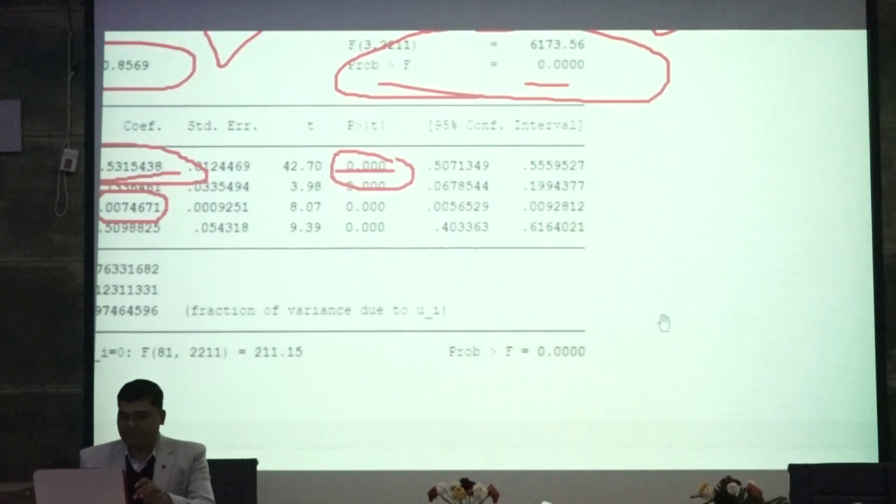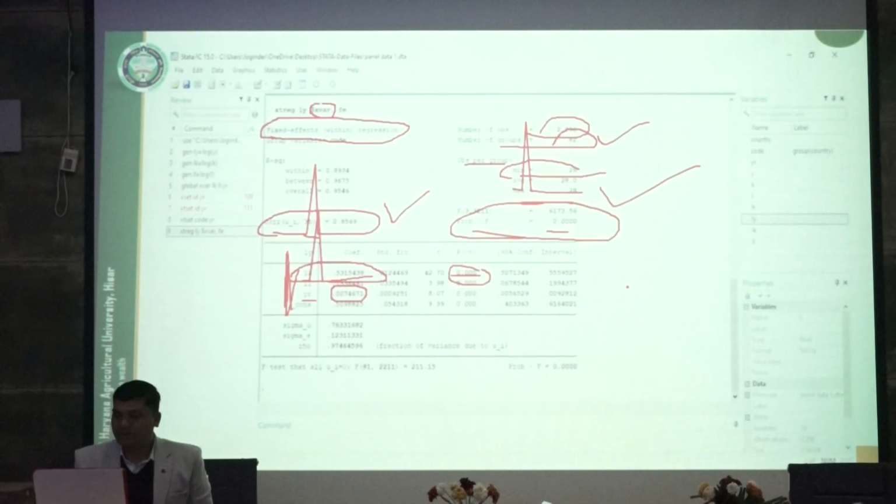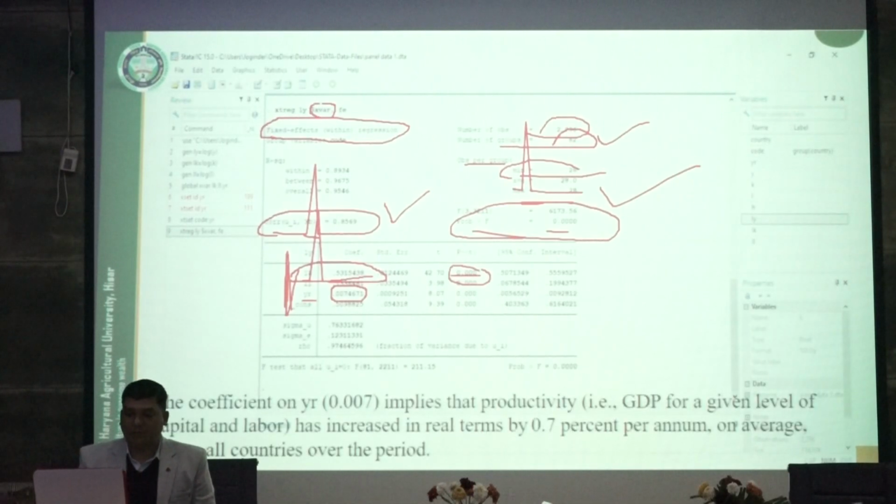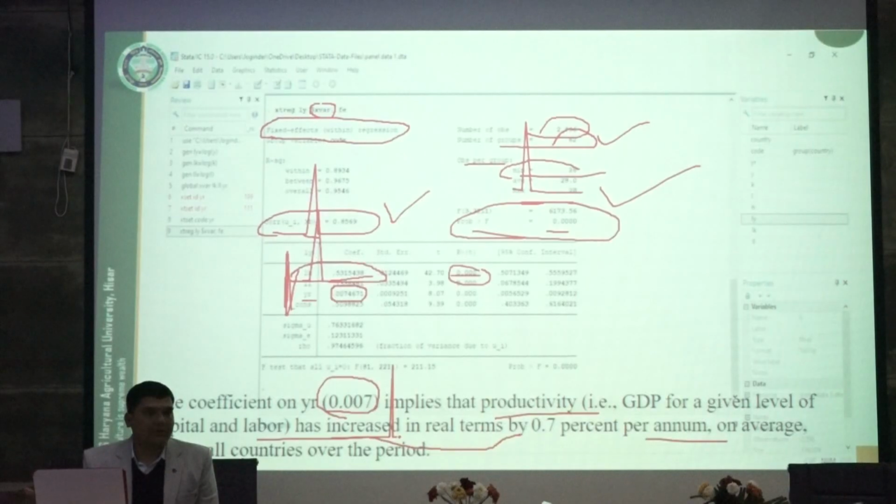Now you can see that the coefficient on yr, that is 0.007, implies that the productivity, that is your GDP, has increased in real terms by 0.7% per annum on average across all the countries over the period. So you can interpret each and every independent variable by their coefficient, and you can check whether these coefficients are